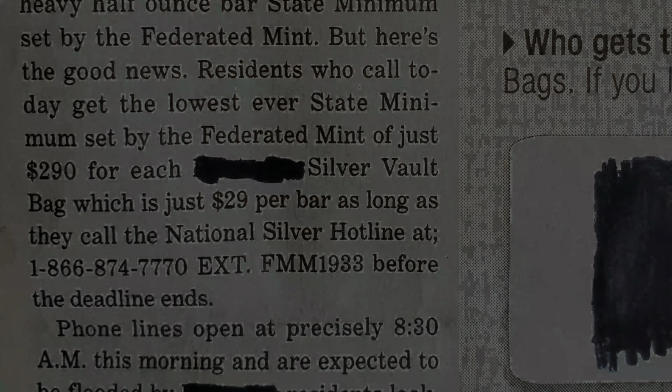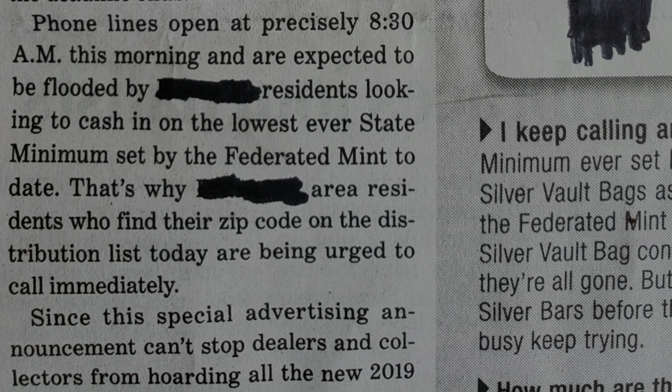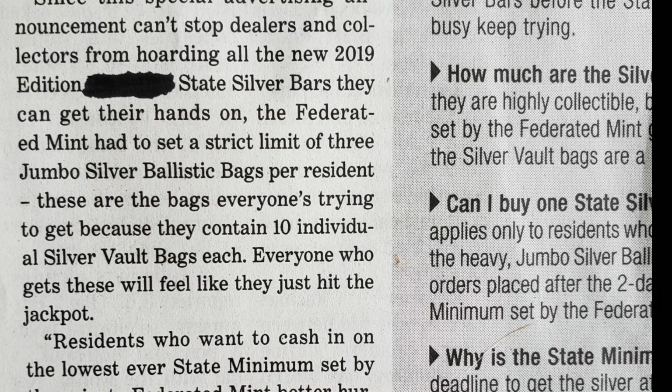Phone lines open at precisely 8:30 a.m. this morning and are expected to be flooded by Silver City residents looking to cash in on the lowest ever state minimum set by the Federated Mint to date. That's why Silver City area residents who find their zip code on the distribution list today are being urged to call immediately. Since this special advertising announcement can't stop dealers and collectors from hoarding all the new 2019 edition Silver